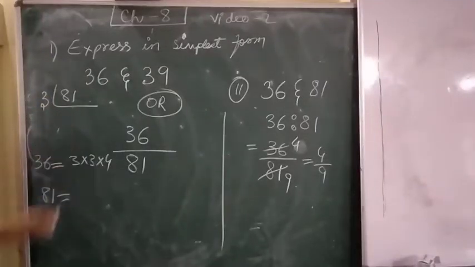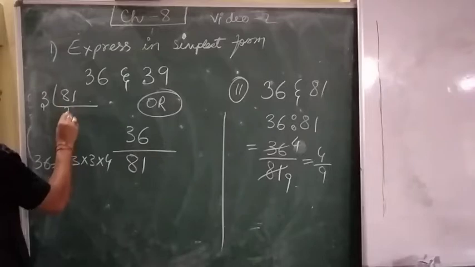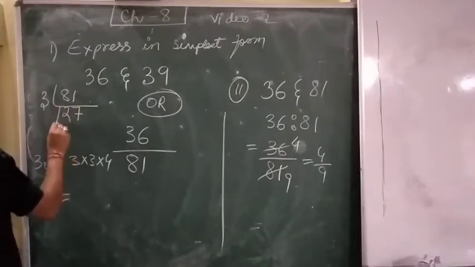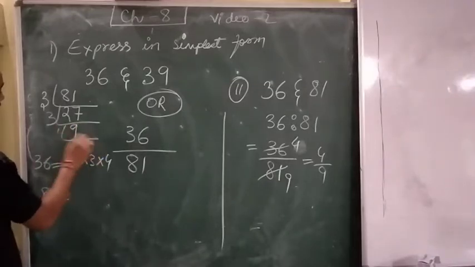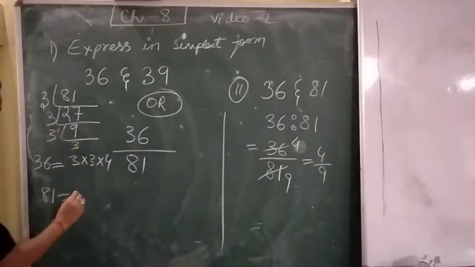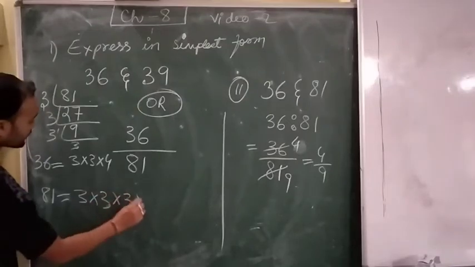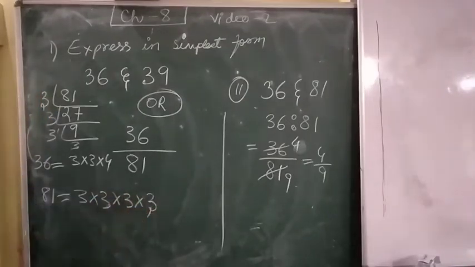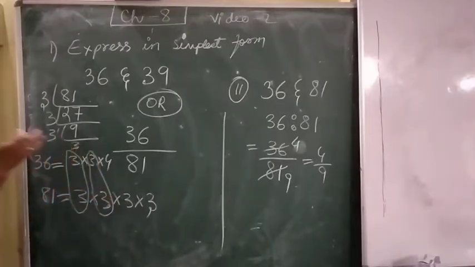3, or you can do directly divide. I am doing 3. Okay, 3. It will be 2, it will be 7. It will be 3, again 9. 3, 3. You see? 3 into 3, 9 into 3, 27, 27 into 3, 81. Now calculate the HCF. That is common. This is common. Okay. This is common. There are 2 3's common in both terms. So HCF is 9.